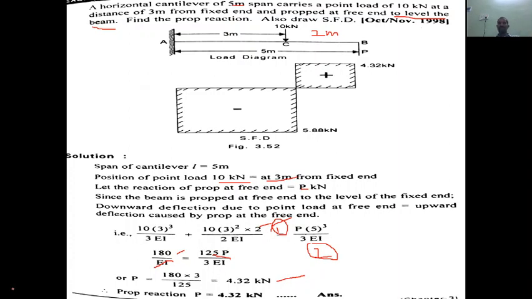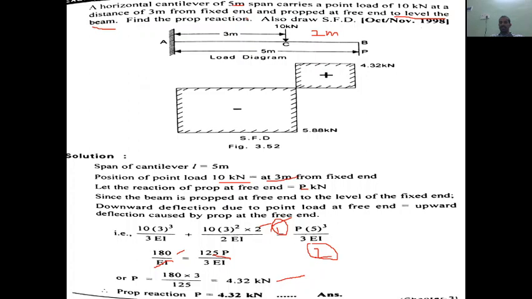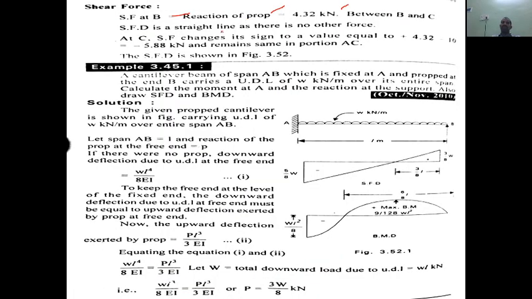Let us also draw the shear force diagram. Having calculated the prop reaction, simply shear force at B will be equal to the prop reaction, that is 4.32 kilonewtons. Now between B and C, we can observe this diagram. Between B and C there is no load, therefore shear force is a straight line. I will say there will be a constant shear force without any change. And at C, shear force changes its sign to a value equal to plus 4.32